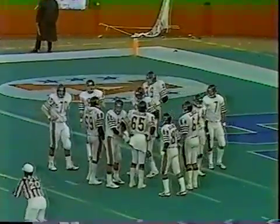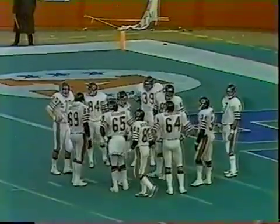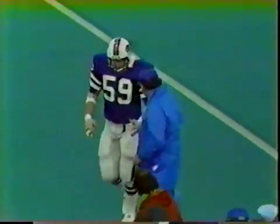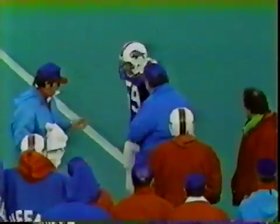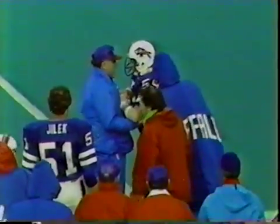And coming off, favoring his shoulder, it appears, is Shane Nelson, number 59 for Buffalo. He has been a standout defensively. He came into this game leading the Bills in tackles. He appears to be in quite a bit of pain. That's the worst injury for a linebacker, is the shoulder. For a receiver, it's the hamstring or the legs. Everybody has a different area depending on your position, but you get a linebacker with a sore shoulder, you're